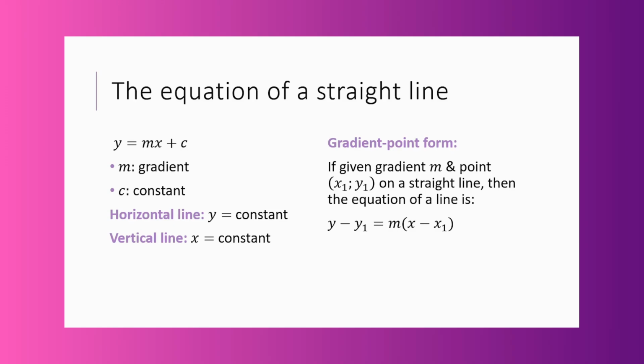One of the first new things we do in grade 11 analytical geometry is the equation of a straight line. So we've done the equation of a straight line since grade 9, where we have y equal to mx plus c, where m is your gradient, your change in y over your change in x. And then with change in y and change in x, this is usually in analytical geometry the formula we use,